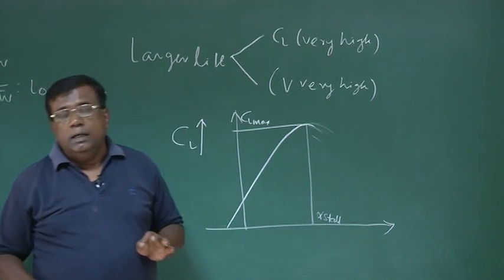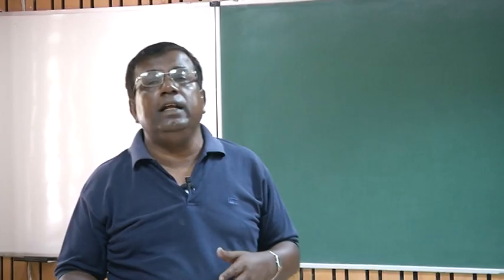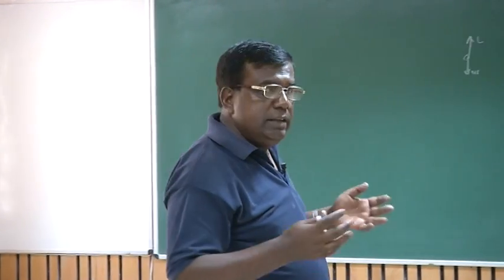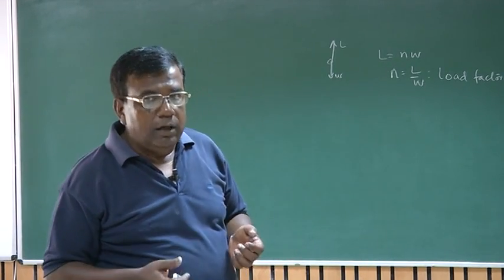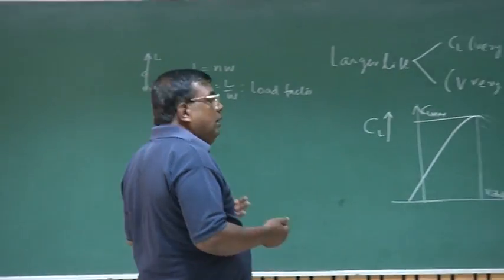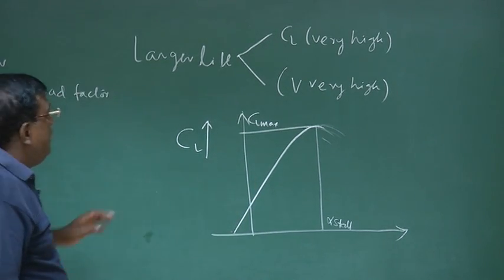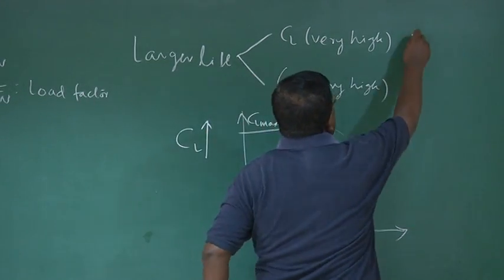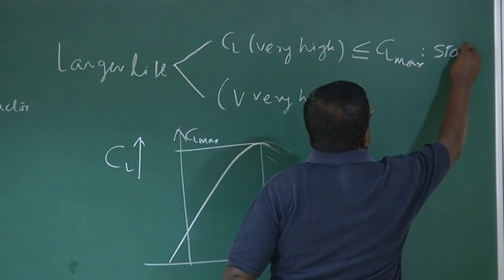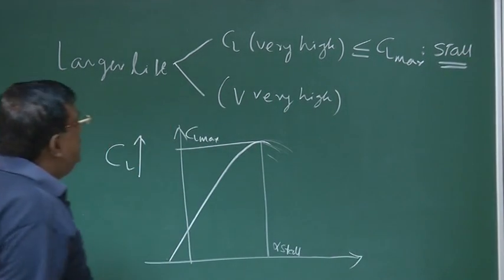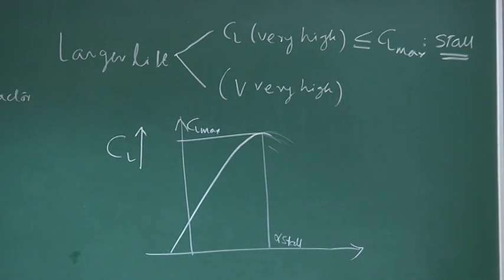But remember one thing, when I say that, it doesn't mean that if an aircraft has gone into a stall, I won't be able to recover it. A good designer ensures that to a larger extent, if the airplane goes into a stall, the pilot should be able to recover it back to a normal, stable, non-separated, non-stall region, right? So I know that CL being very high is restricted by CL max, or to avoid stall, right? Similarly, you can argue, okay, I will not increase the CL to the extent of CL stall,